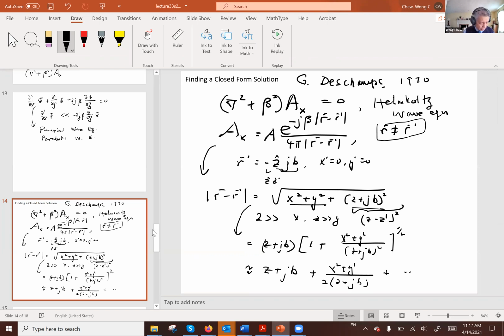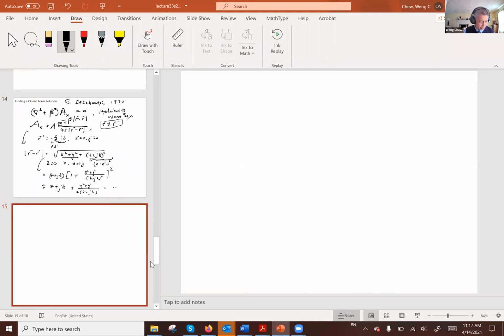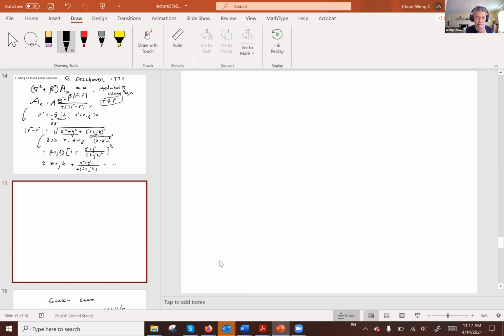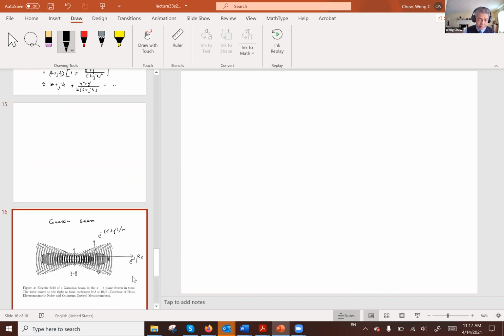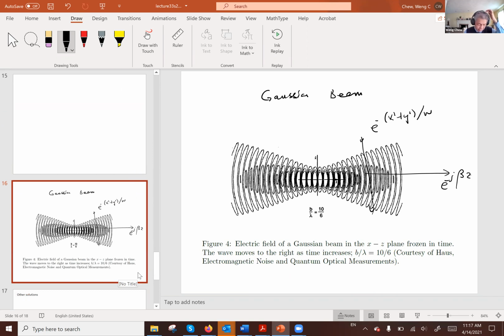The algebra is rather complicated. Okay, I will not go through the details, but the details are given in the lecture notes. And essentially, you can find the solution to the paraxial wave equation in this manner. And this is how a Gaussian beam solution is arrived at. The solution of the Gaussian beam is actually a paraxial wave approximation of the paraxial wave equation, and you can obtain that in closed form